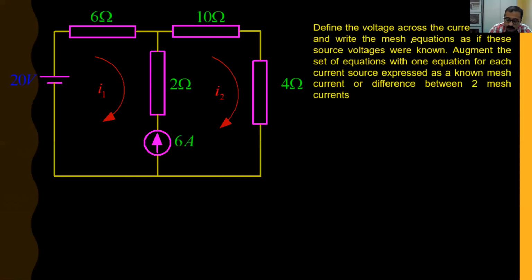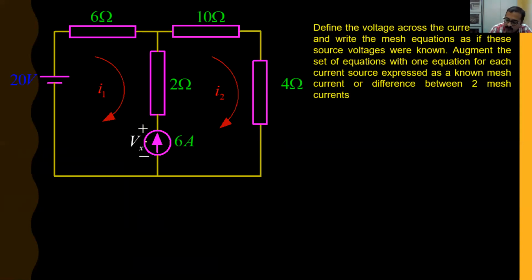So what we have to do? First, we assume that we know a voltage across the 6 ampere source. Let the voltage across 6 ampere be Vx. Which will be the positive terminal and which will be the negative terminal here? This should be positive and this should be negative. Why? Because current is flowing out of the voltage source. So this is plus and this is minus. That is what I did first.